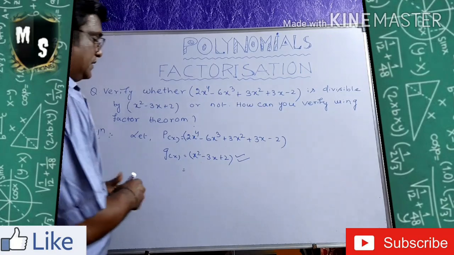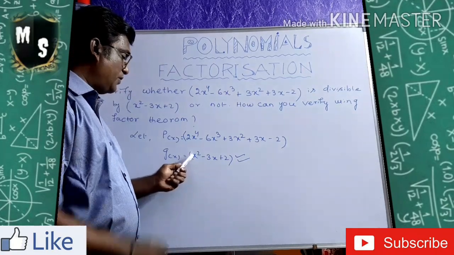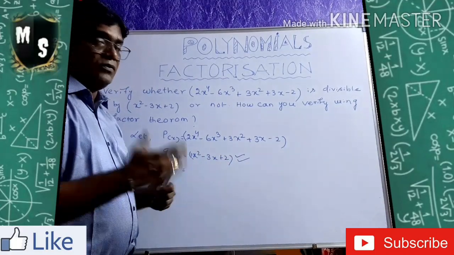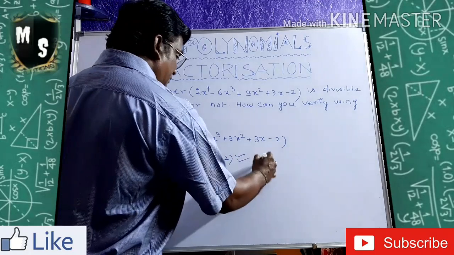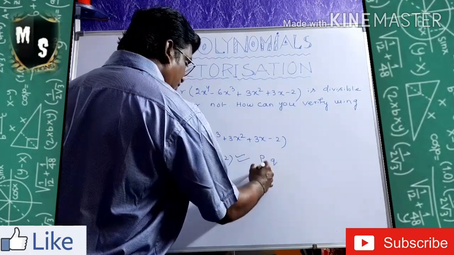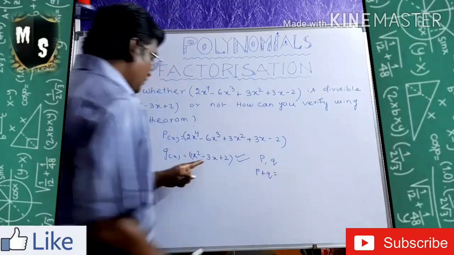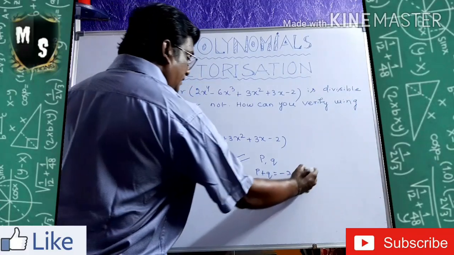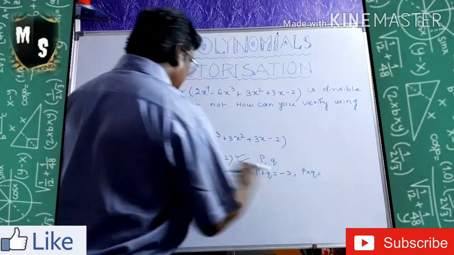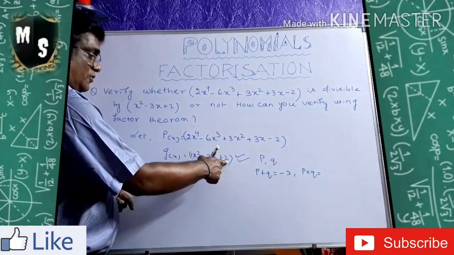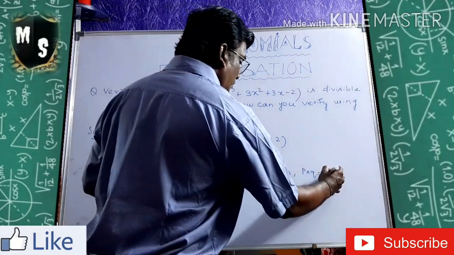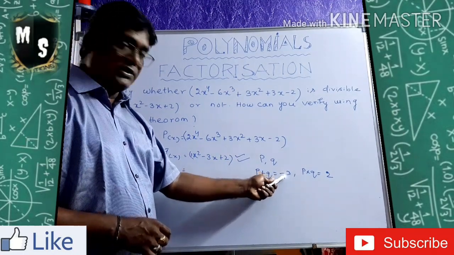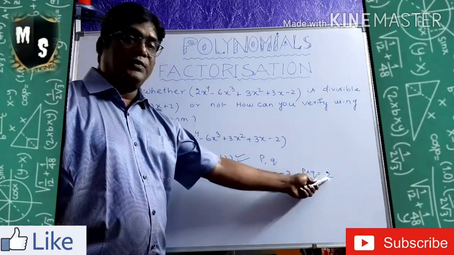Now you see, this is a degree 2 polynomial, a quadratic polynomial, of the form ax square minus bx plus c. Now as usual, you take two numbers, p and q, and as I said, p plus q must be the middle term. What is the middle term here? Minus 3. And p into q must be c into a. What is c? 2. 2 into 1 is 2. So when you add the two numbers, it will give you minus 3, and when you multiply the two numbers, it will give you 2.